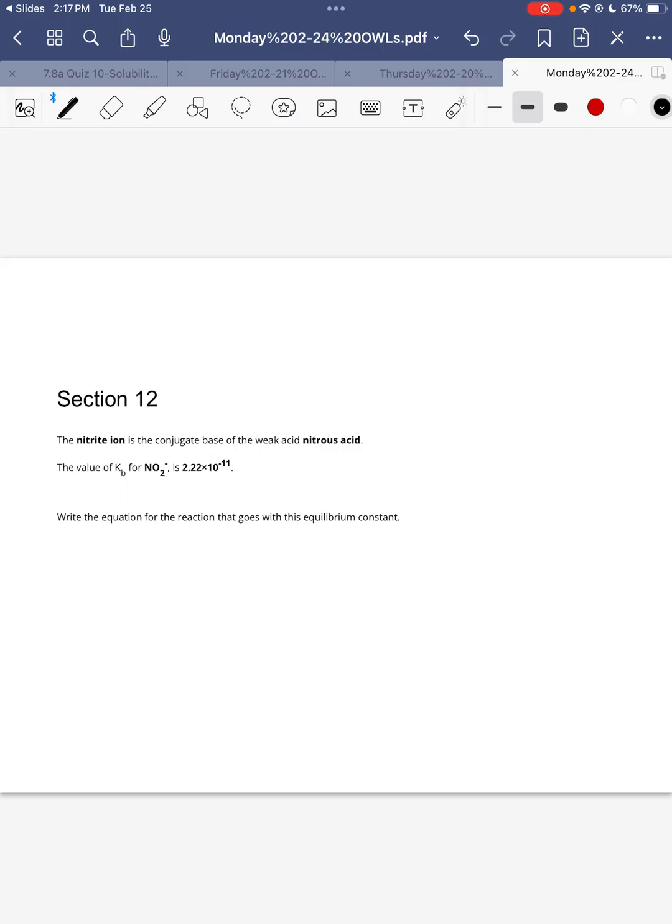acid nitrous acid. And we're given the Kb value of nitrite, the ion, is 2.2 times 10 to the negative 11th. And then we're asked to write the equation for the reaction that goes with this equilibrium constant. Okay, so the first thing I want to do is write a dissociation for my nitrous acid, even though that's not necessarily my answer. So I have my nitrous acid interacting with water to form,